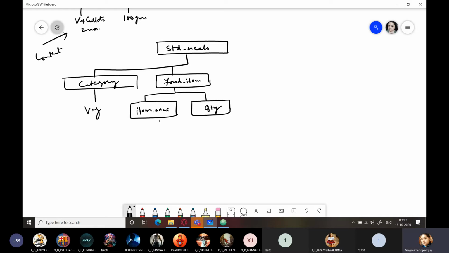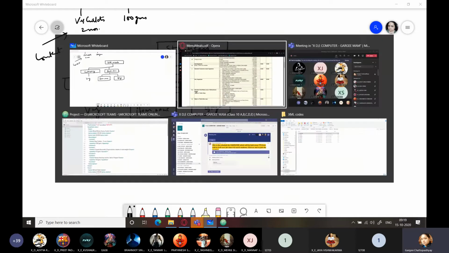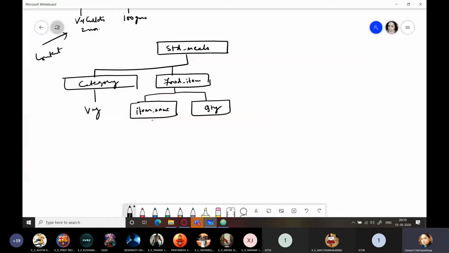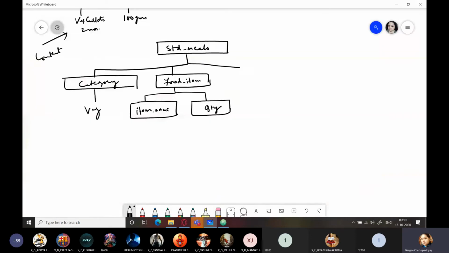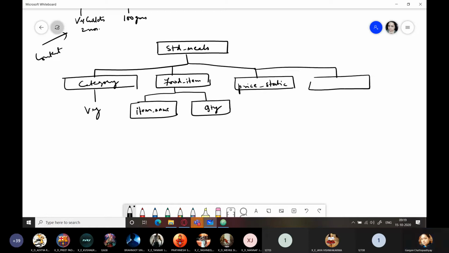So we can do one thing, that we are taking food items because this is one single item. So we can just go on separating these item names, right? And within item names also we can take options. Okay, let's see. Next after this is we have price. So price will be as usual. So I'm just going to take price static and price mobile. Fine.